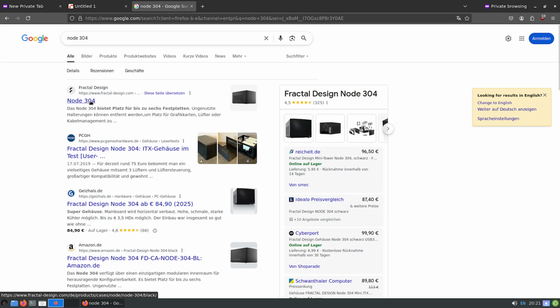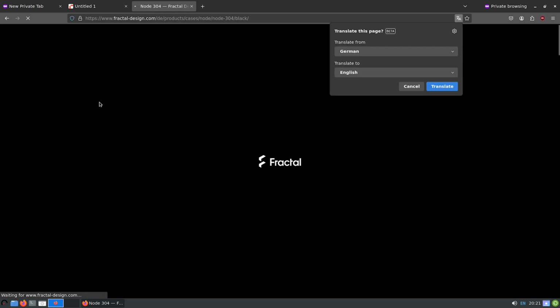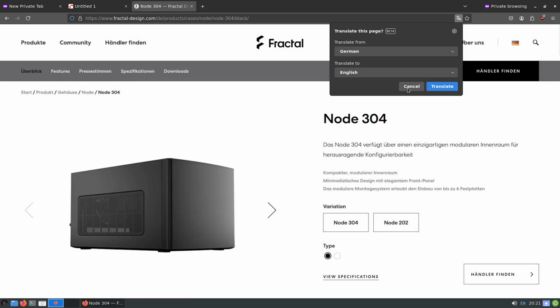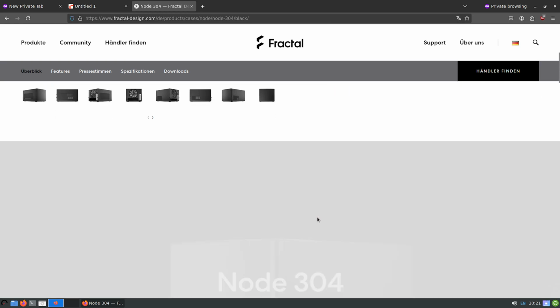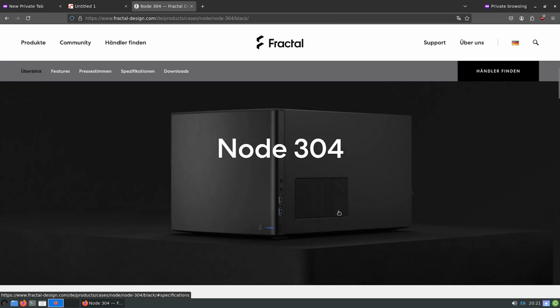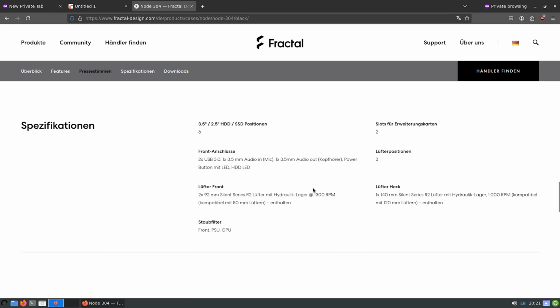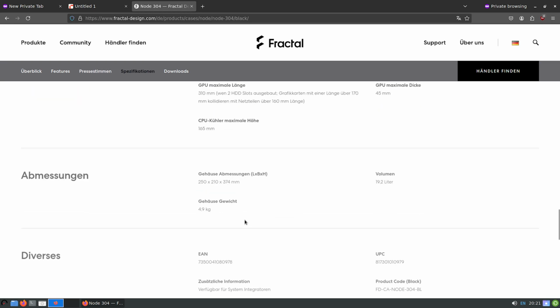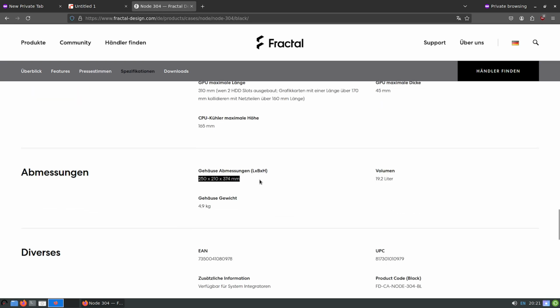So Fractal Design, this is what I have. I'm located in Munich, so that's why it gets German, but it's not that complicated to get the dimensions. So dimensions are 250 by 210 by 374. 374, this is length. So we need at least 210, and